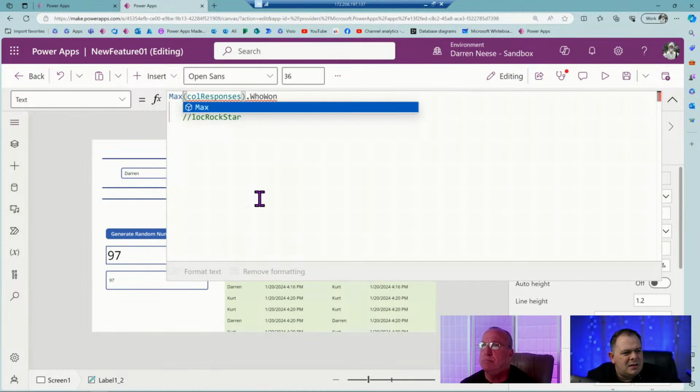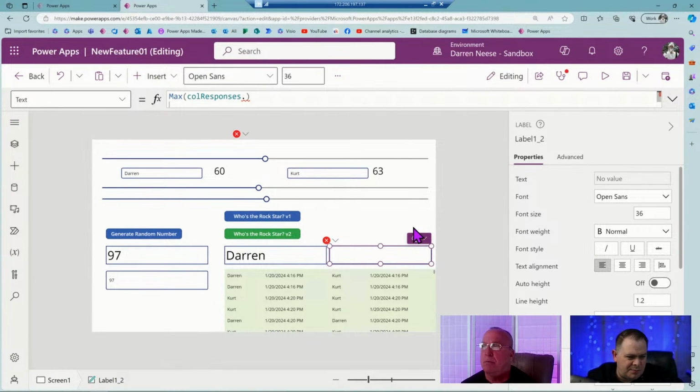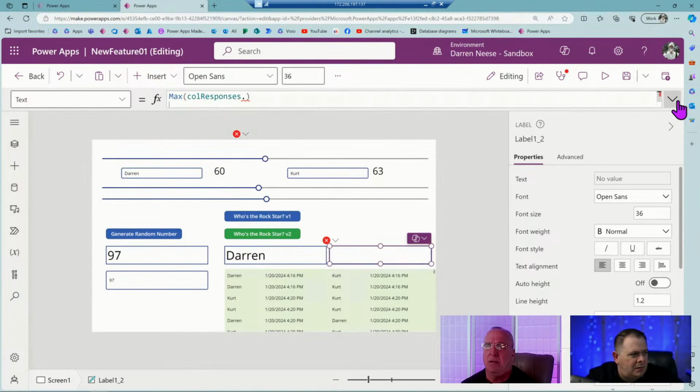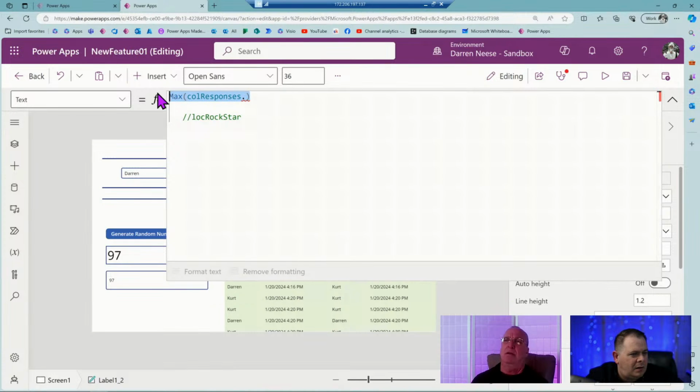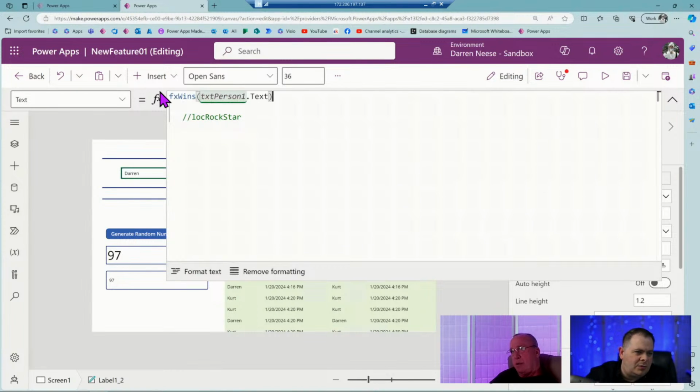So should we do a max on this? We probably need to do a dot. I think we had something here that did that, didn't we? Yeah, we did. Didn't we do like a count rows? We found out who was the. You could do count rows, right, on a filter. Yeah. Okay. So I'm going to do something like this.